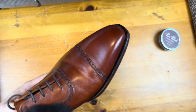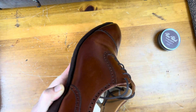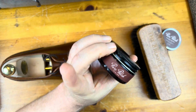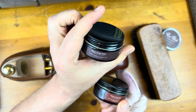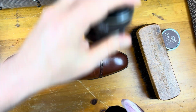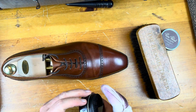Now, this is freshly brushed. It's had time to dry. I actually did this several hours ago. We're going to do a 3-color polish. We're going to start with Pure Polish Walnut, follow that with brown, and then move to dark brown on certain areas. The coloring on this is going to be pretty